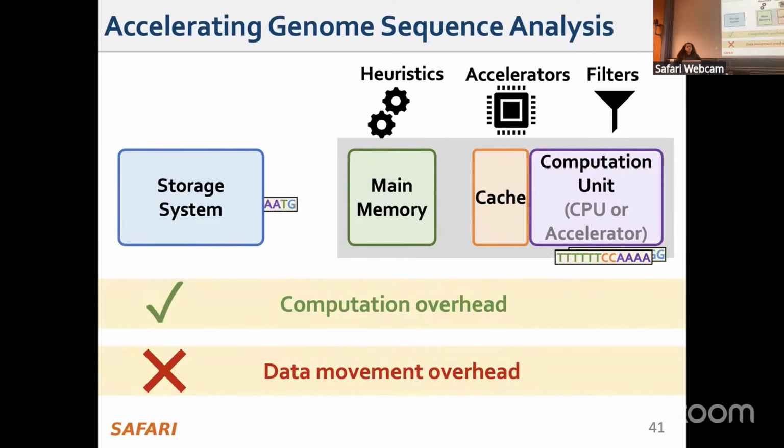But the data movement overhead from the storage system to all of these units still exists, meaning we still need to move a humongous amount of data all over the system to analyze. So that is one of the reasons I want to go to my more detailed examples, the example of storage-centric system design. And the other reason is that